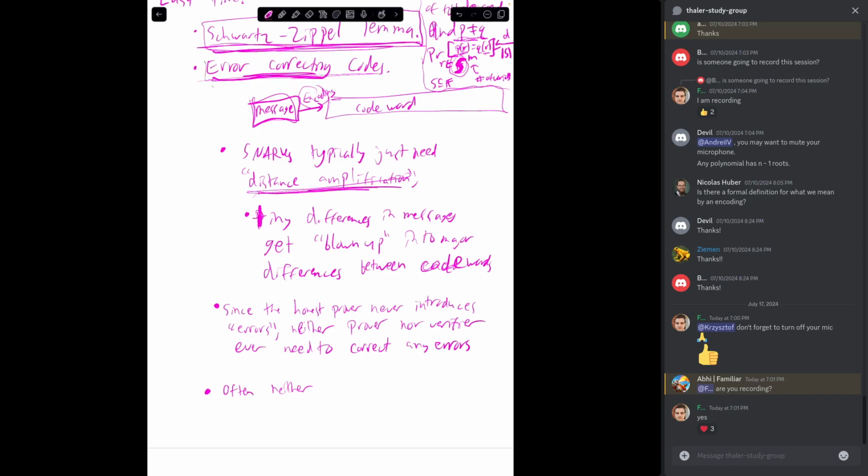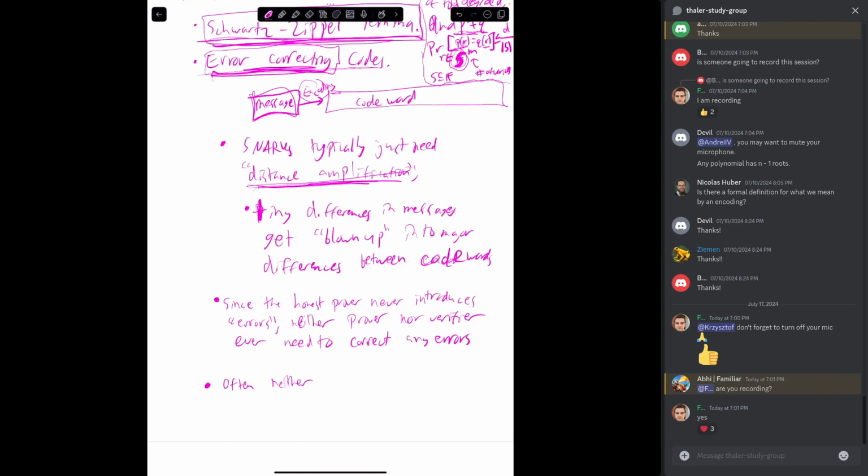Now, the term error correcting codes can get a little confusing in the context of SNARK design, because in SNARKs, typically no error correction is ever done. The reason being that the honest prover never introduces any errors, so there should never be any errors for the verifier to correct. So that's why I use the phrase distance amplification